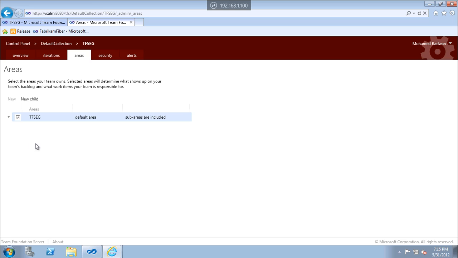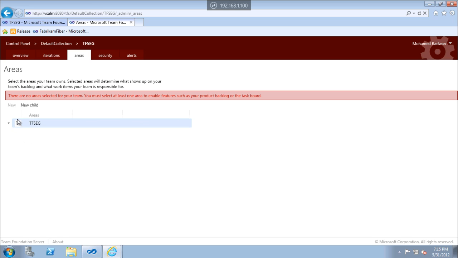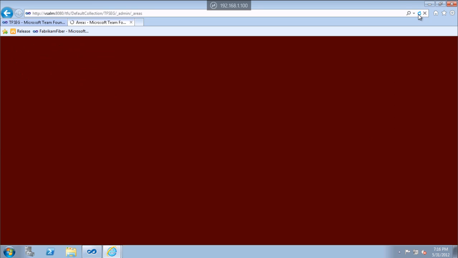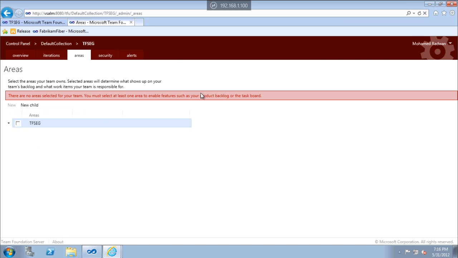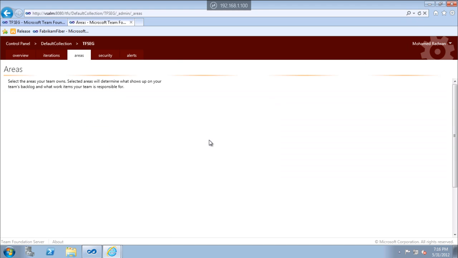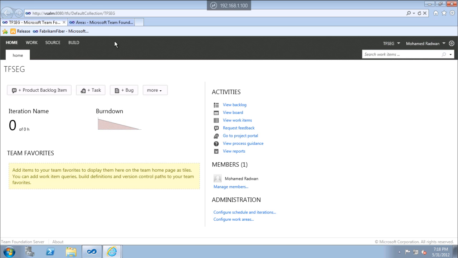If I try to remove the area, for example, it will tell me that I can't remove the area because some features like product backlog and task board will not work. And if I just refresh the page, we can see the auto select will bring it back. Let's see it again. So let's see the home page. If we just refresh,